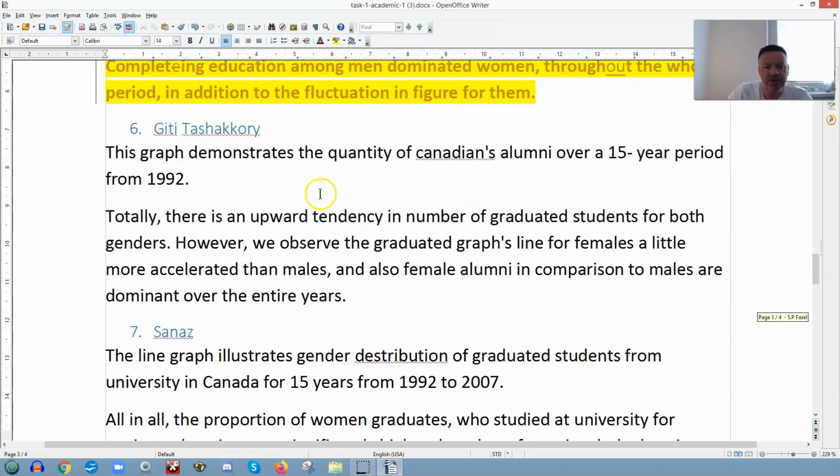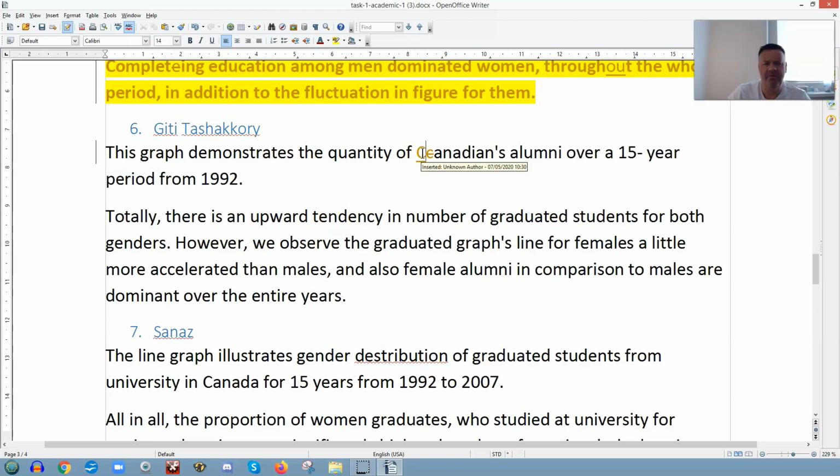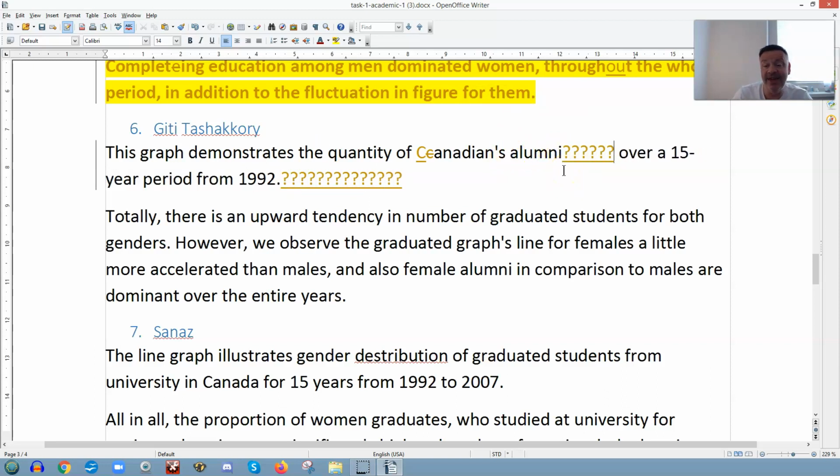This graph demonstrates the quantity of Canadians alumni over a 15-year period from 1992. Gender, how is it measured? Graduates from university. Alumni could be from anything. It could be from high school. It doesn't necessarily imply university. Totally? Was it totally? What does that mean? Totally what? There is an upward